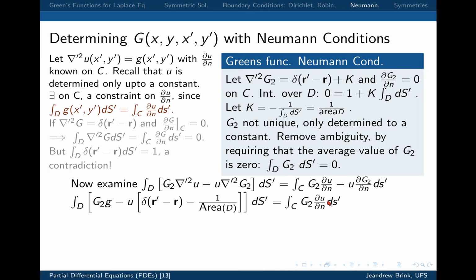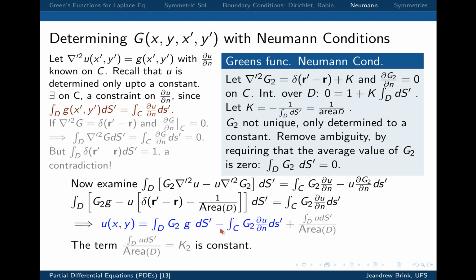And so if we know G2, the right-hand side over here is well defined because we are specifying du/dn. Now let's simplify this a little bit. This delta function will give you u, and I'm going to multiply through by a minus. So u is equal to minus, then take it to the other side, so it's positive, G2 g ds. And what I'm going to have is minus, because I multiplied through by a minus, so it's minus that term coming in, plus this thing,